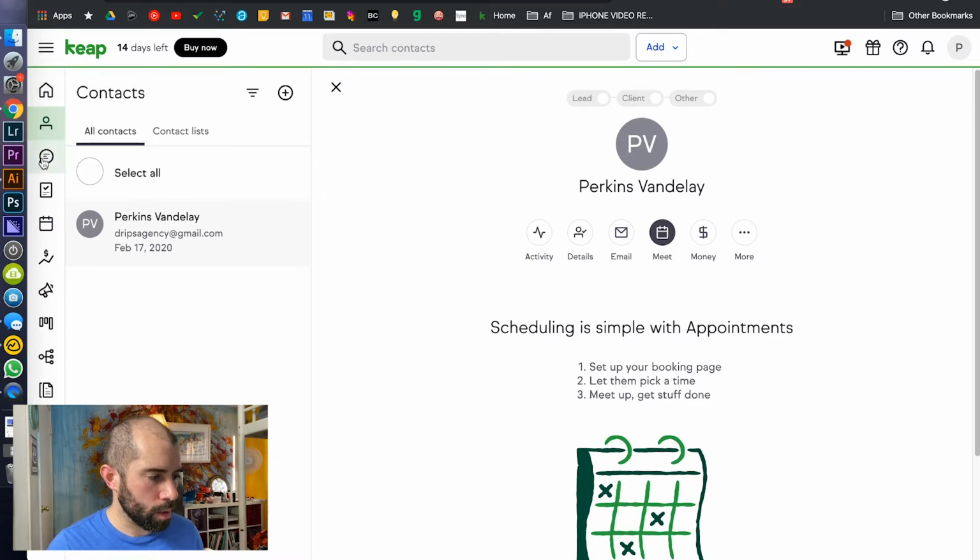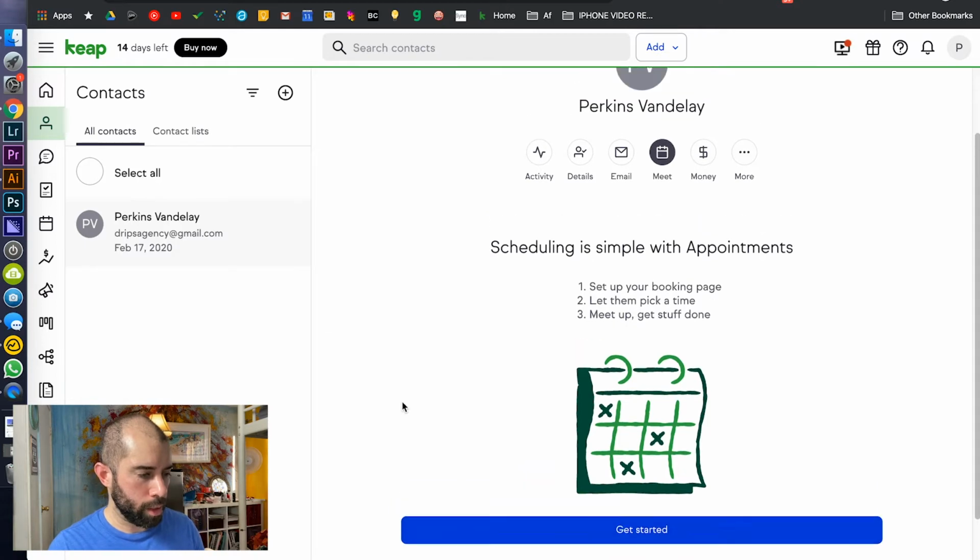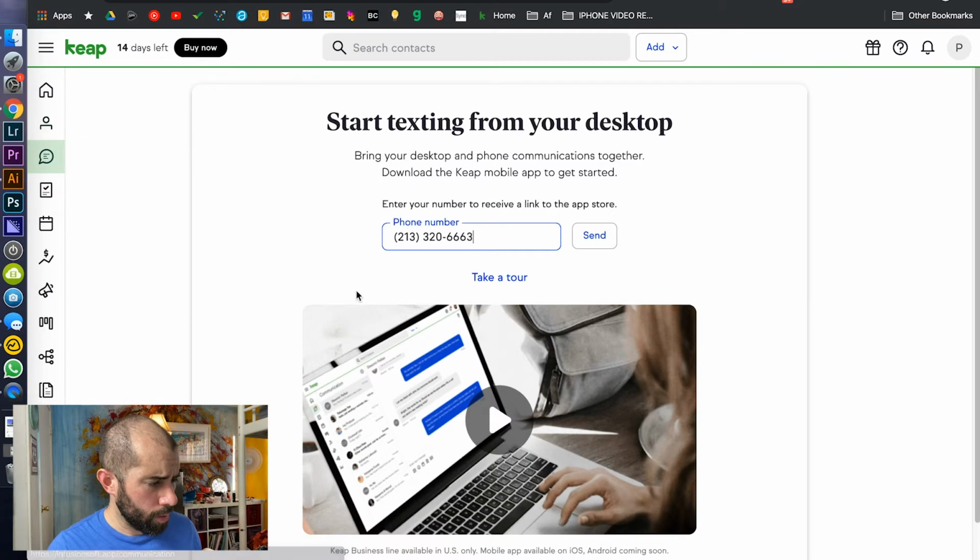So there's contacts, and then there's also booking, which is this right here, scheduling. And then one cool thing about this with Keap is that it has text messaging built in. So you can text message your contacts too, which is really nice, because I don't think a lot of other